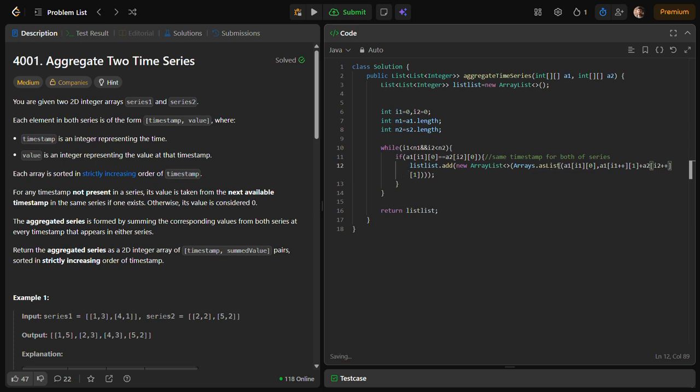Okay, so I created the array list. I just added the timestamp. Thereafter, I added the corresponding values. It might be possible that the timestamp of the first array is less. So in that case, I have processed the first series.